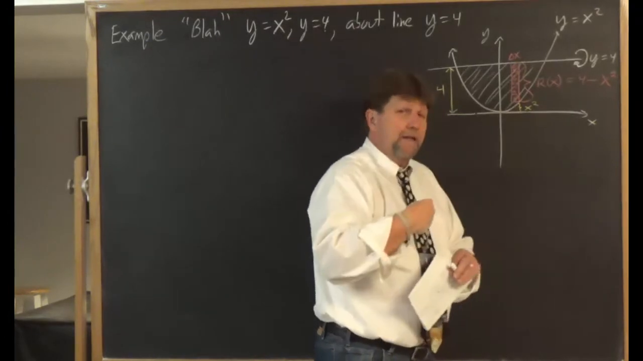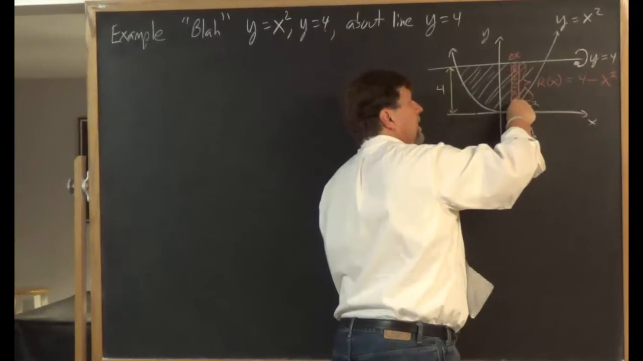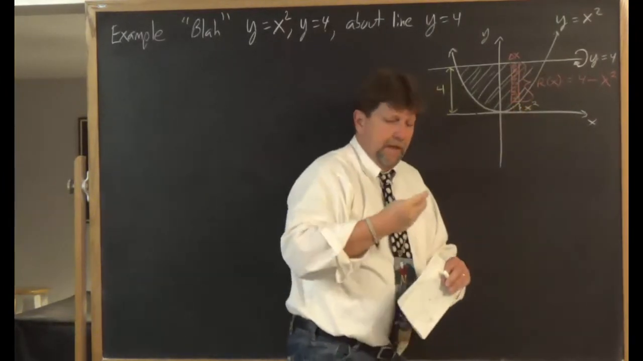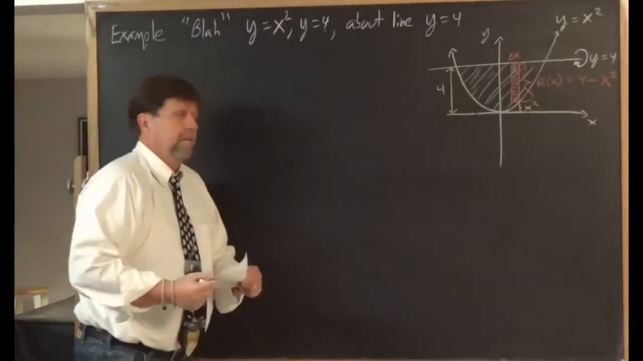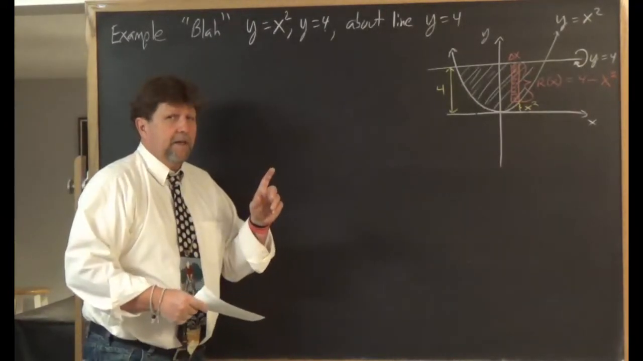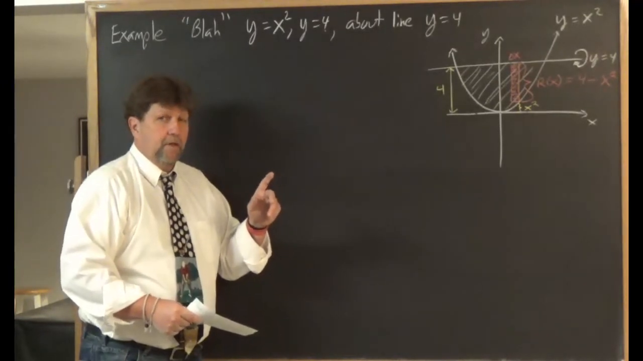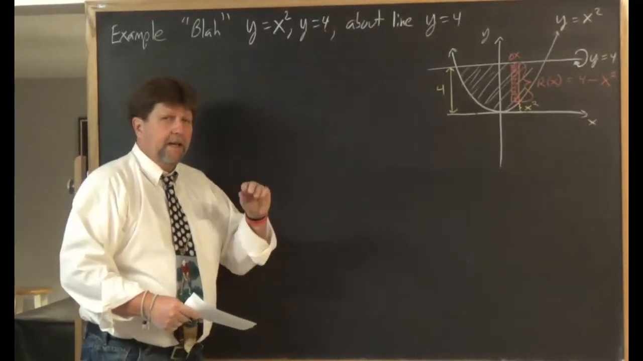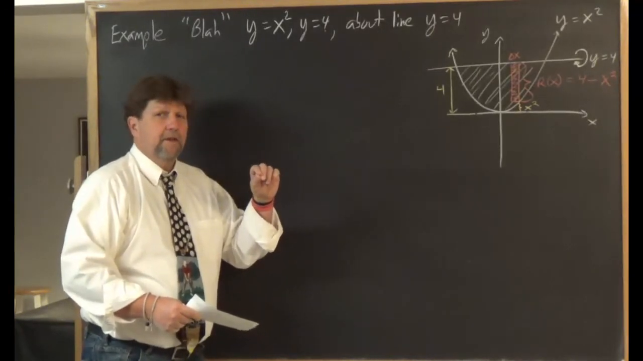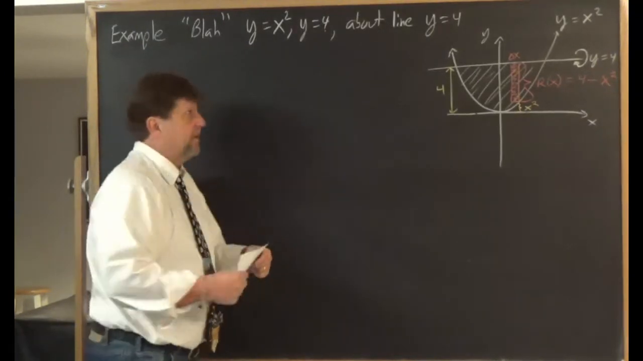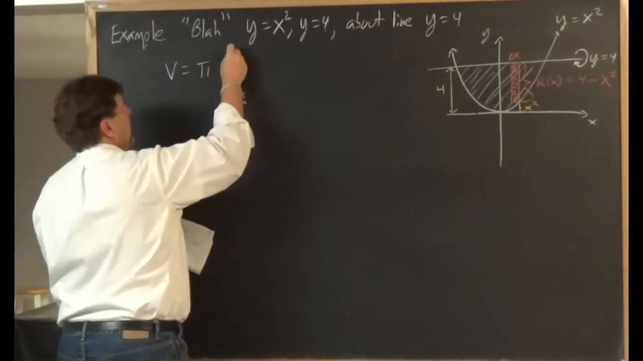But I like to go back to what we did in the prior section: top curve minus the bottom curve. And notice that representative rectangle. It is perpendicular to the axis of revolution, y equals 4, and it is touching or resting on the axis of revolution. That tells me disk method. So the volume equals pi